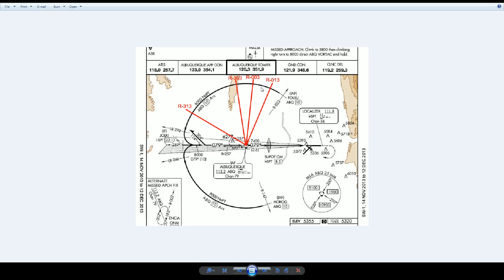And thereafter, I will set my course select knob to the 003 degree radial. Upon passing the 003 degree radial, I will make a 10-degree left-hand turn to a heading of 273 degrees, and I will then adjust my course select knob to the 353 degree radial. Now we will continue to do that all the way along this arc in 10-degree adjustments, all the way through